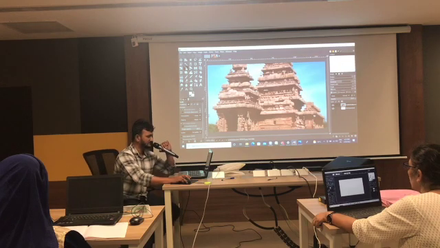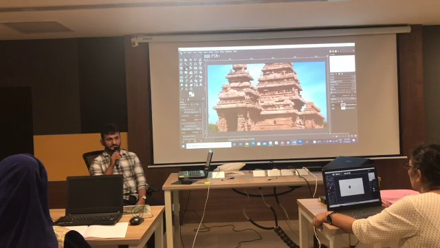So this is my first layer. After this, I take the second layer.